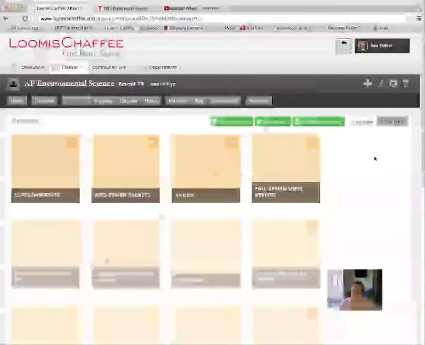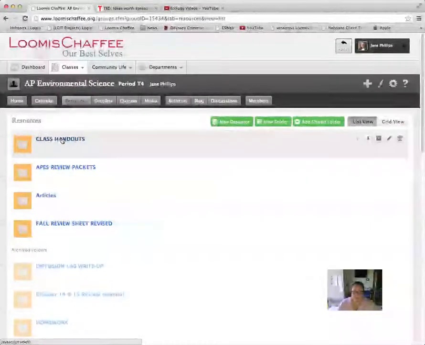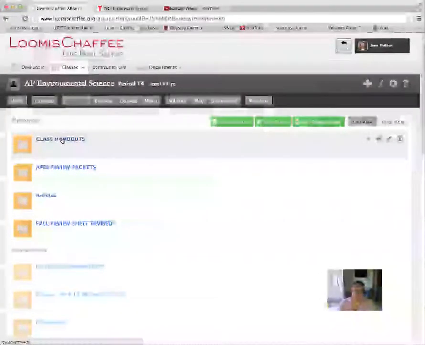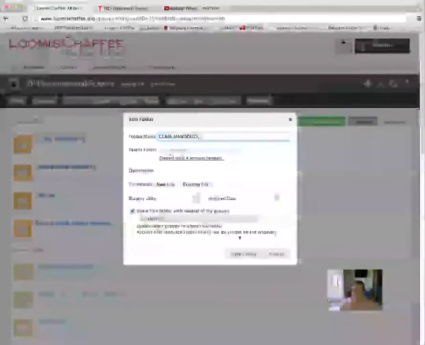If I'd like to share out one of my resources to a colleague, I do that by going to my Manage Resources on my Resource tab, and I can view either in a grid view or a list view. I'm going to do a list view because I think it's easier. I find the folder or the resource that I would like to make available to my colleagues, and I click on the pencil. I get the edit folder window, and this checkbox here, enable other groups to share this folder,